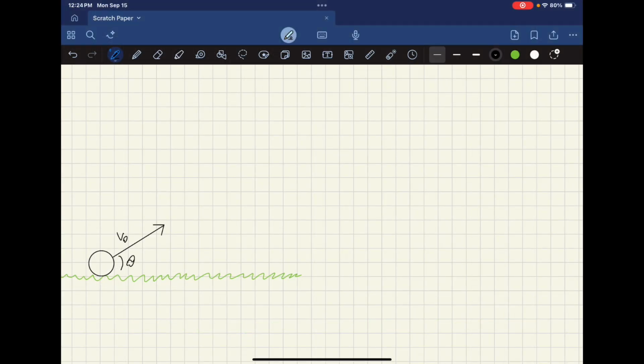Today, I'm going to be going over kinematics in 2 dimensions. Specifically, we're going to be going over a common physics problem, which involves a soccer player kicking a soccer ball. We want to determine how long does the ball stay in the air,